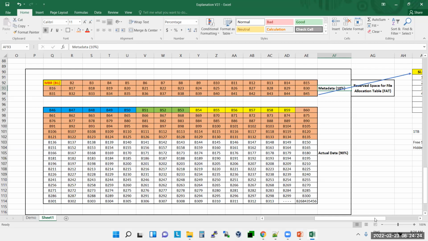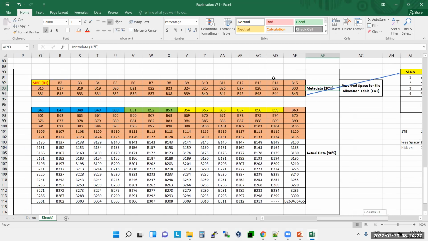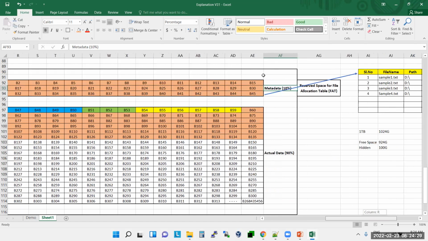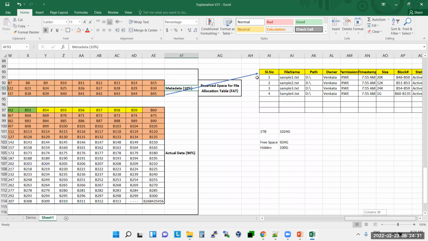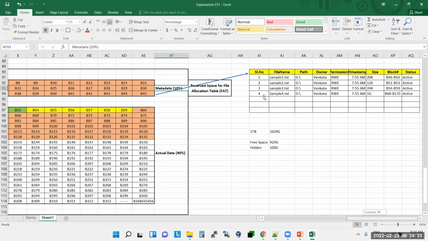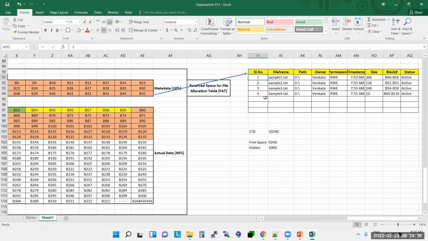Now, this is a table, the file allocation table, what we call it. Inside this we have different entries. So if you write 100 files in the hard disk, how many entries will I have here? 100 entries will be there. Exactly, one for each file. Do you think there will be any file without metadata on the disk? No, sir. So there won't be any file without metadata. If there is any file without metadata, that is useless data.